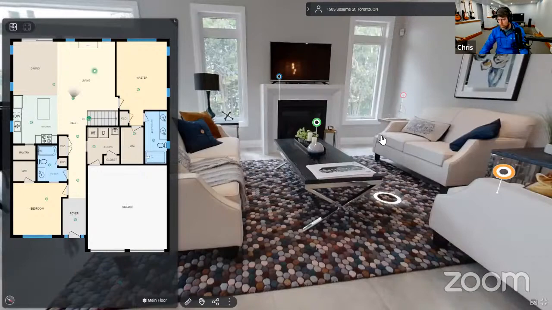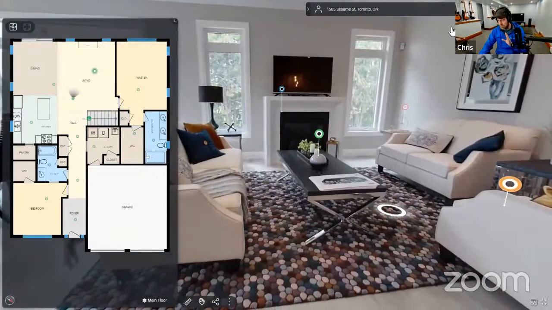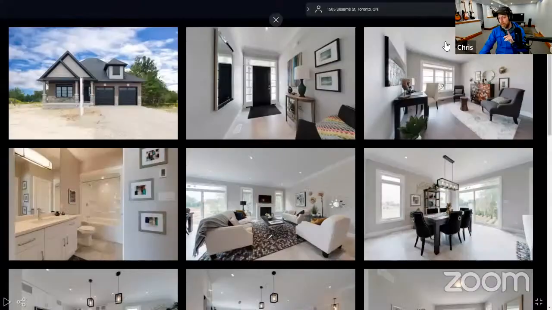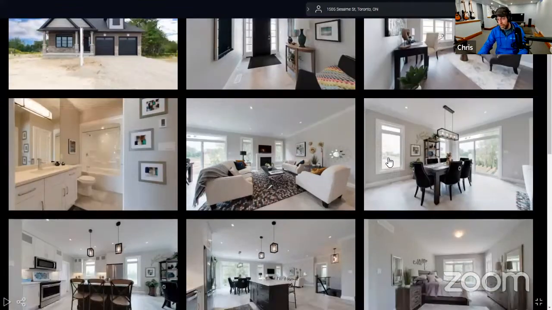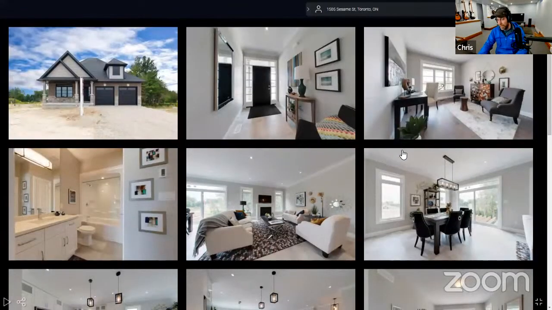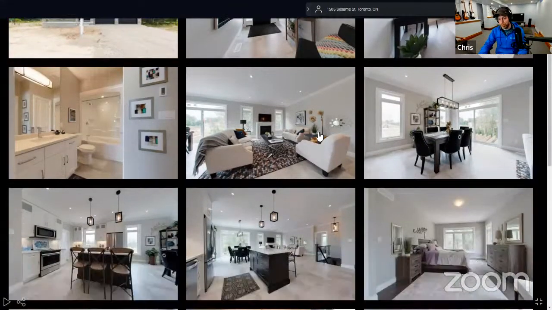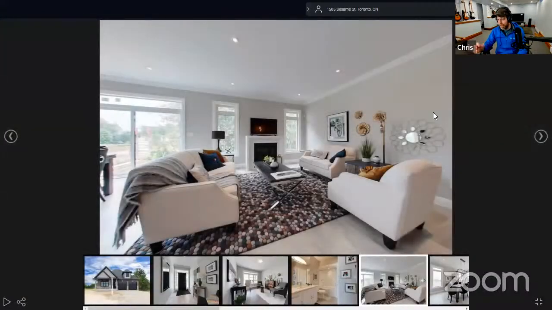So the 3D tour is what we just talked about, and it's amazing. But according to the National Association of Realtors report for home buyers and sellers, photos are the number one thing people are looking for when they're buying homes. So we've created a gallery that contains photos. And it's exactly what you think it is. It's a bunch of photos and you can click on them and then view them and you can explore the property that way. So that's a different way to get information about a property that is sort of in between.